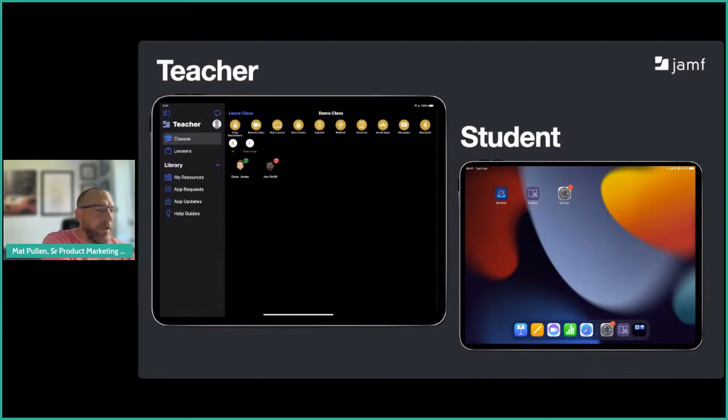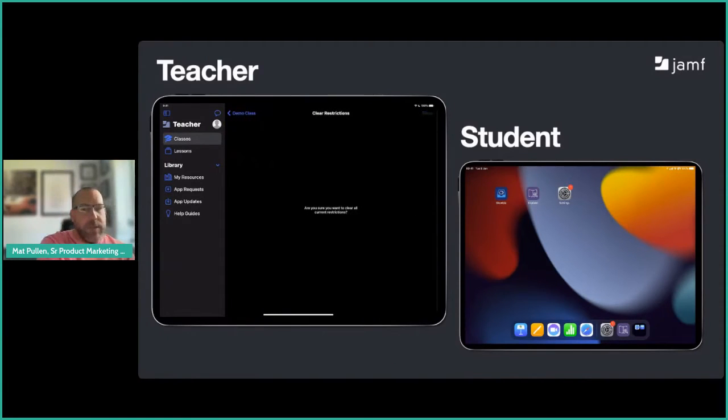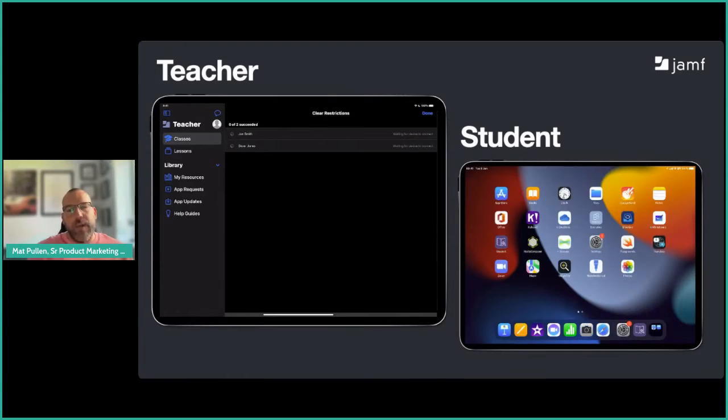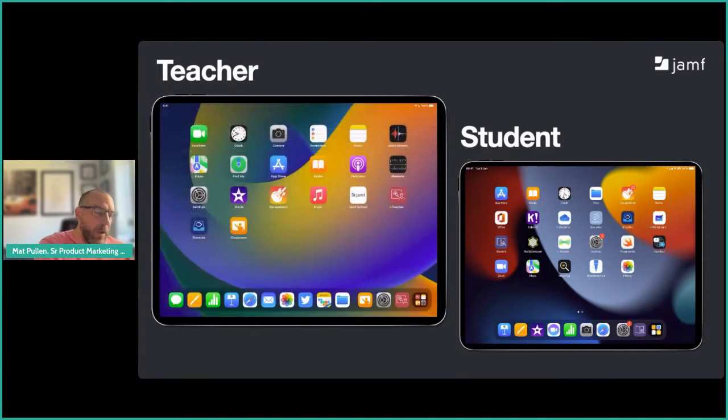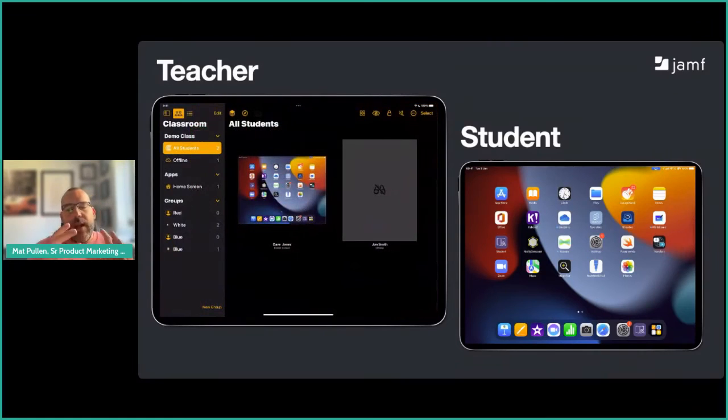Again, I'm just going to go to clear restrictions, tap clear, and you'll see all of those apps will appear back onto the screen for the students to use in future classes. So you're not going to keep them restricted if they then move to another class where they need to have access to different applications. So let's take a look then at Apple Classroom and how that acts as a